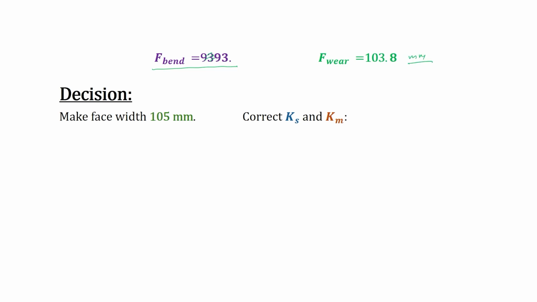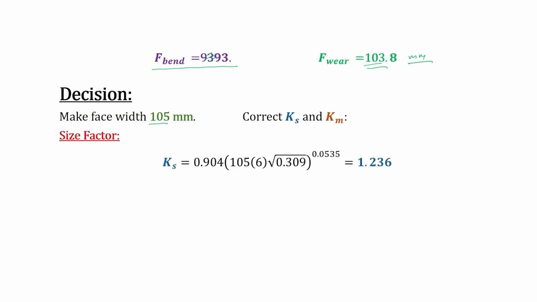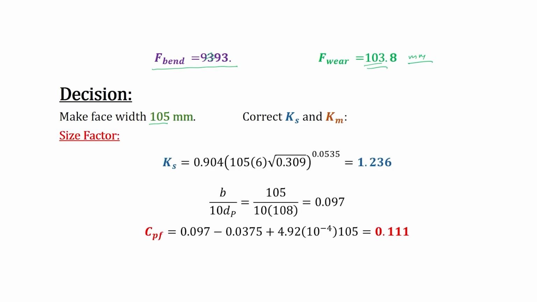Then the decision is taken as make the face width 105, more than this one, and correct the value of Ks and Km, the size factor and the mounting factor, with the new value of F. The new value of Ks is obtained at this, and Cpf is obtained as this, and so Km is 1.289. So, with the new value of Ks, new value of Km, and the selected value of face width, now we